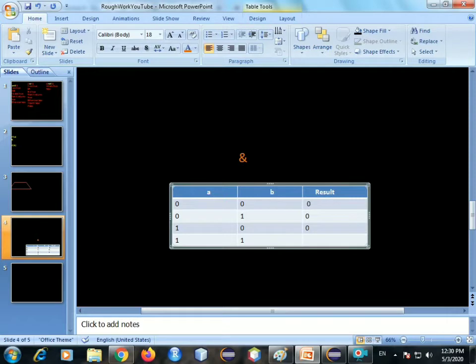It has to have both the values as true. A true and b true gives the result as true. So 0 0 gives us 0, 0 1 gives us 0, 1 0 gives us 0, and 1 1, both true, gives us true.